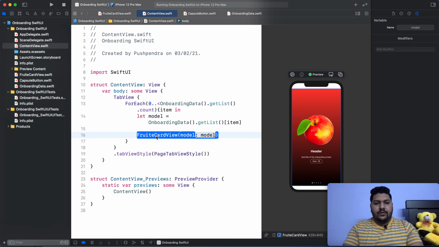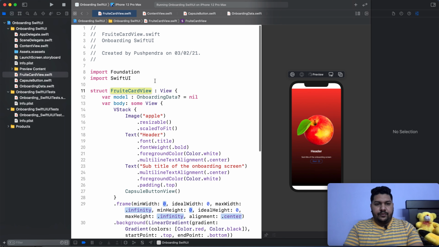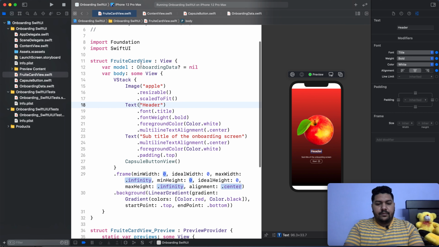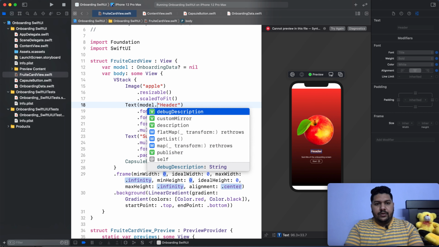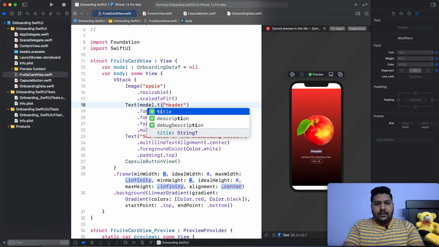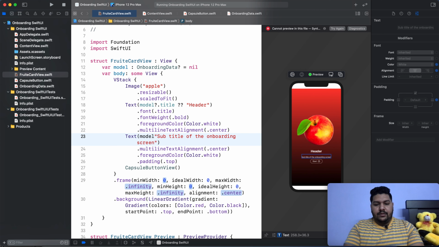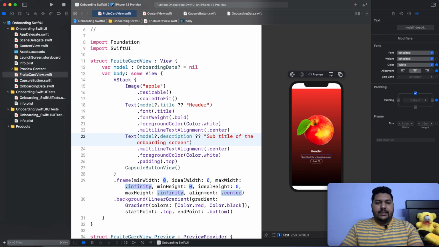Now go back to your fruit card, open fruit card. Over here I will take model dot title, and by default if it does not exist, same for model dot description, and this is default description.